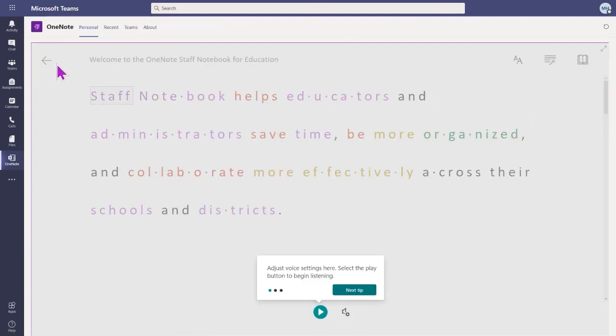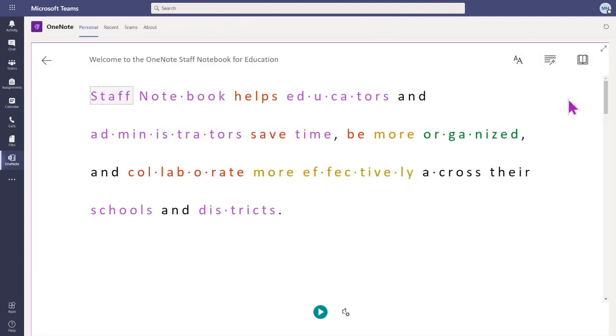If I click on that, if you haven't seen Immersive Reader before, there's a lot we can do in here. So if you have students that are potentially learning a different language or whatever the need case might be, there's a lot of resources they can access. So they can use this to read aloud to them, read what has been written. We're going to go ahead and get rid of these tips really quick. They can also change the voice settings in here. So if they do need to slow it down or make the voice sound a little bit more feminine or masculine to be able to more easily hear this, they can do so.